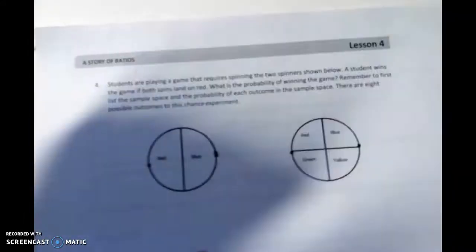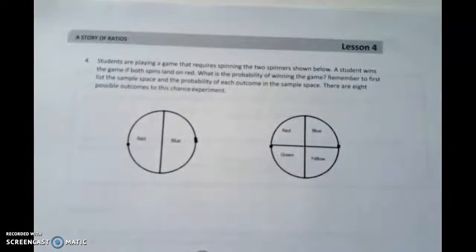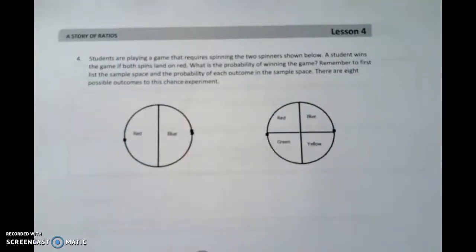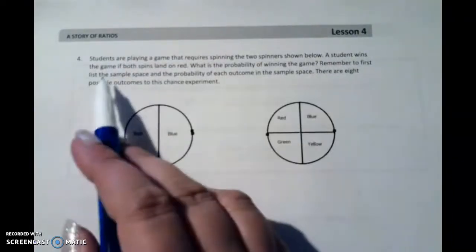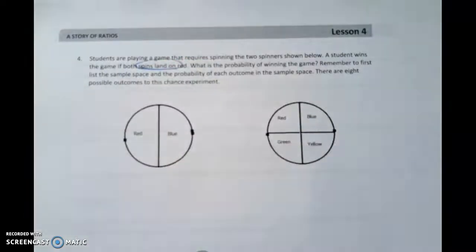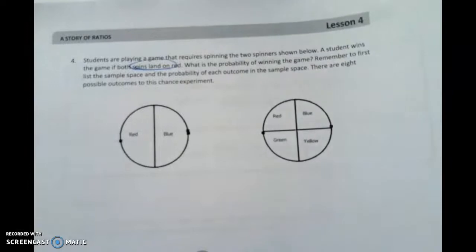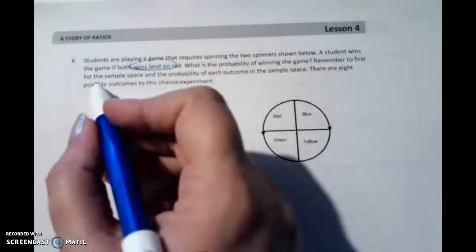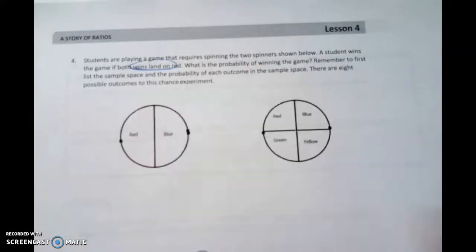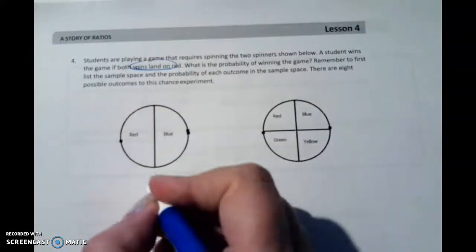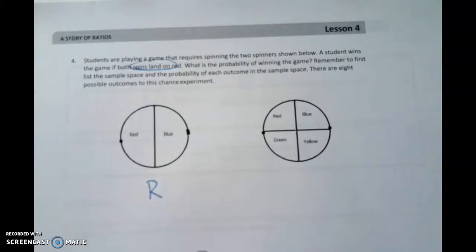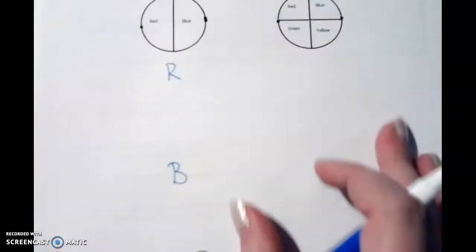Okay, one last question here. Students are playing a game that requires spinning 2 spinners. The student wins the game if both land on red. What's the probability of winning the game? Remember to first list the sample space and the probability of each outcome. Okay, so we've got red or blue. Now, if